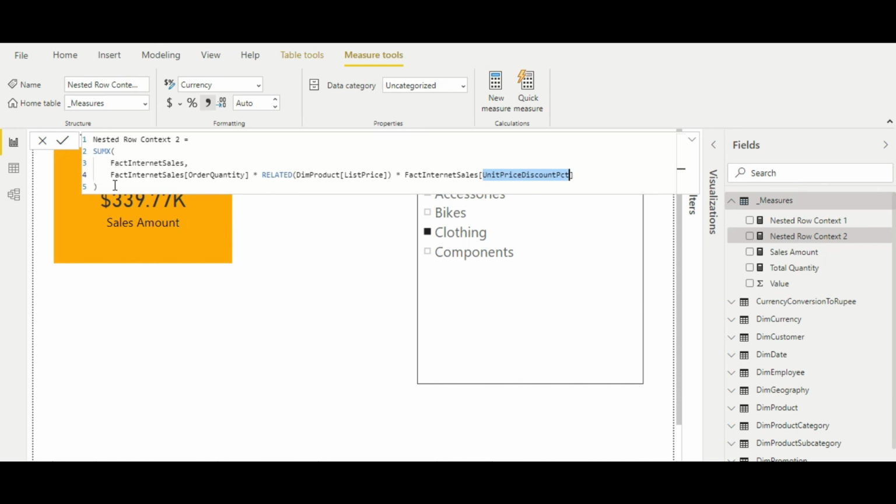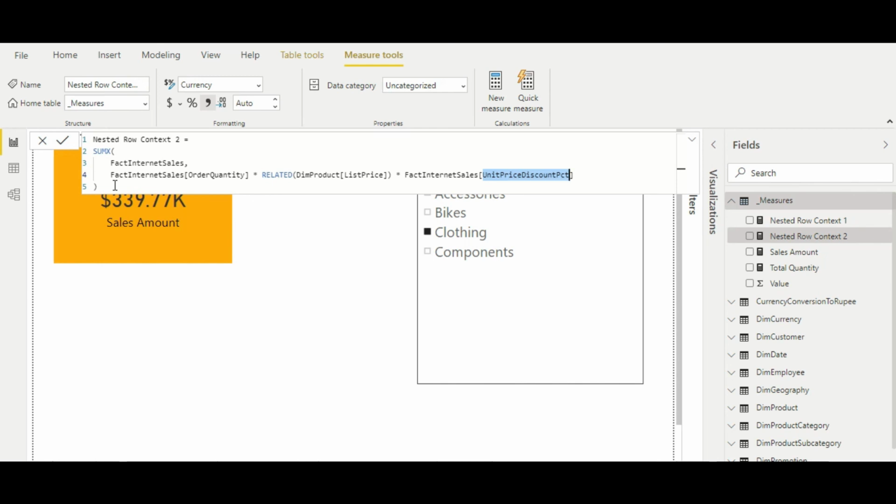Okay. So like this, we have now covered multiple row context, or nested row context, on different tables. You need to be very careful while using nested row context. We'll discuss later why you need to be careful, because the outer tables could be very large, and we don't want to produce suboptimized code which would take very long processing time to do the calculation for this particular measure.